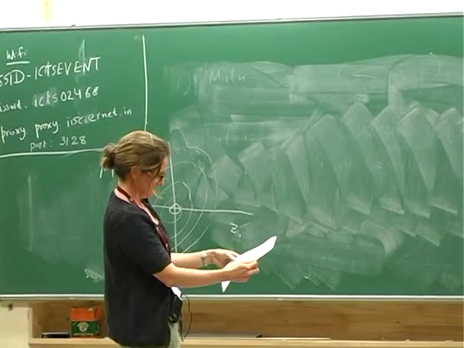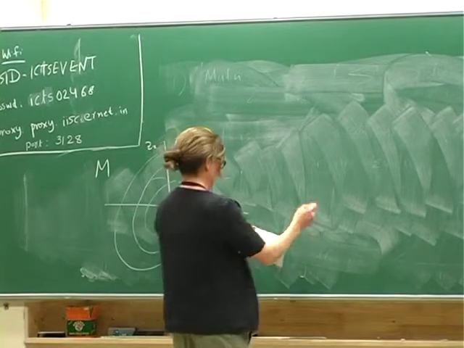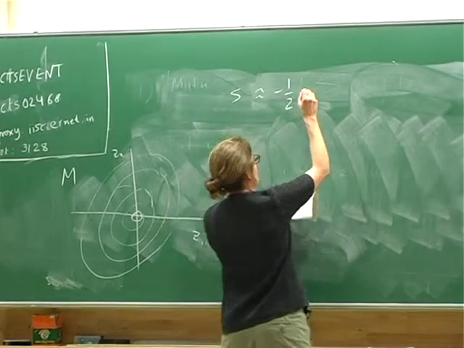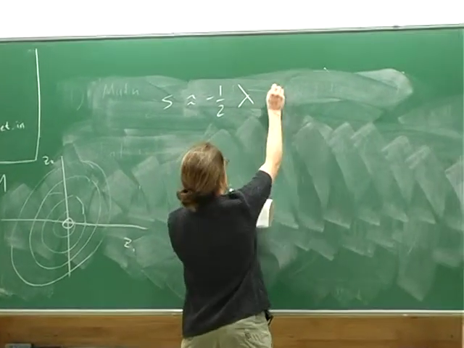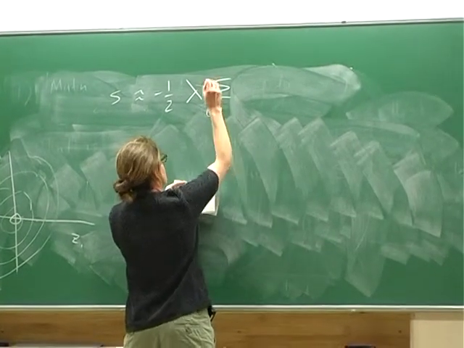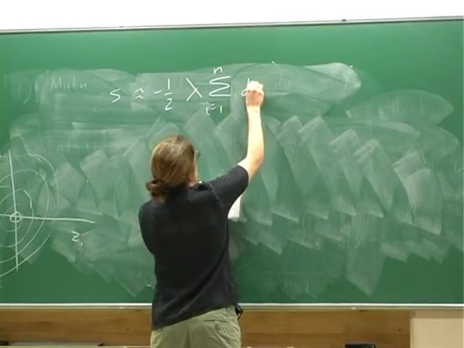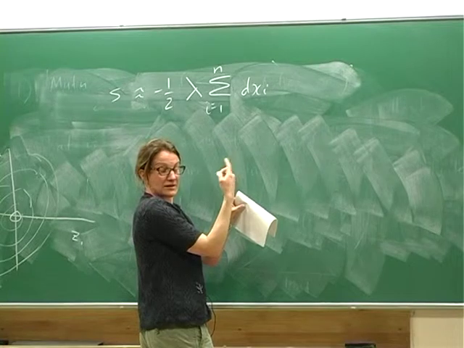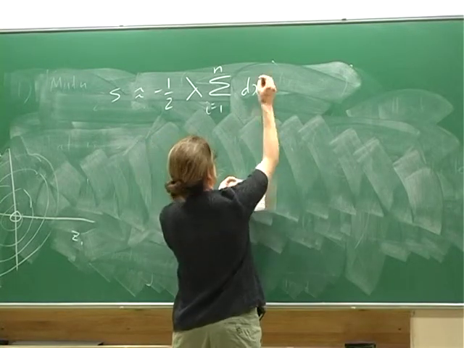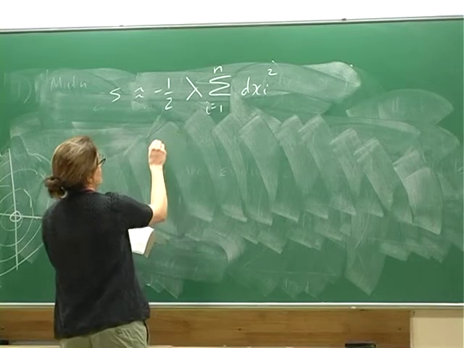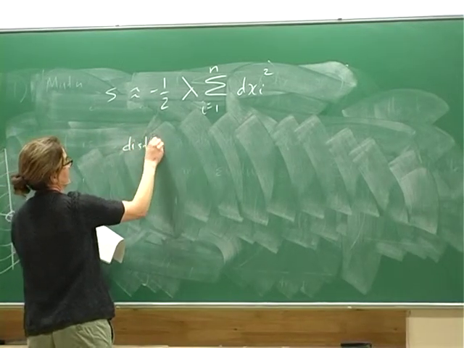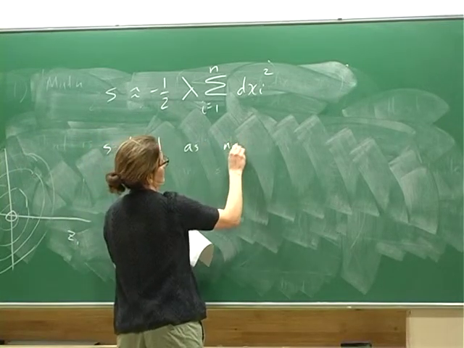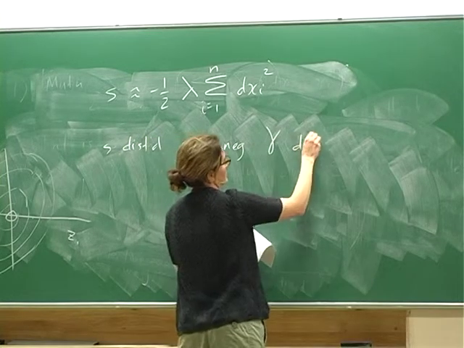So under these assumptions, where was I? We get S looks like this, for those of you that really want the math. There's only one eigenvalue, and some number of traits. The dx_i's, remember, are the changes that we made to each trait with the mutation, only in our transformed diagonalized coordinates. And S is distributed as a gamma distribution. It's actually got a negative sign in front, so we'll call it a negative gamma distribution,